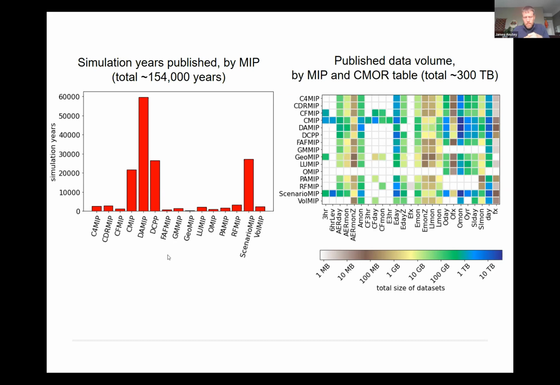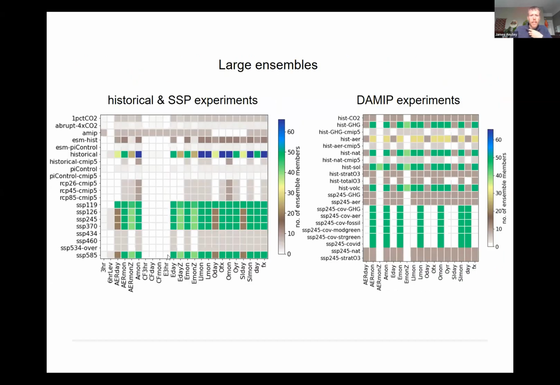So probably everyone here knows what a CMOR table is, but just to say, this is basically a collection of variables grouped by temporal frequency. So for example, Amon is monthly atmospheric data. Next slide, please. And this is just to highlight one thing that's been mentioned in talks already, that large ensembles